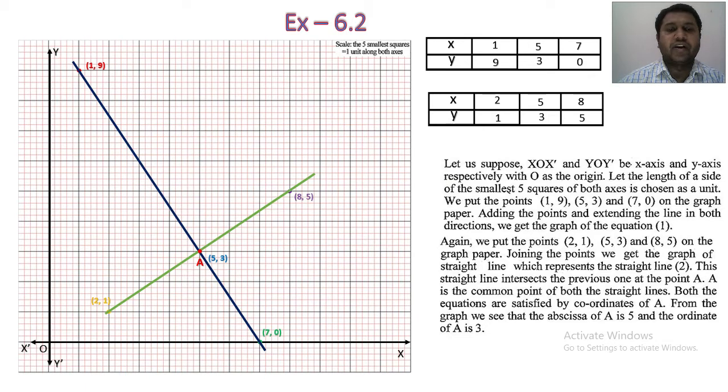So what is the coordinate of A? You can see here 5, 3. That is the common point of the two straight lines or the two equations. So from that we can say the abscissa of A is 5 and the ordinate of A is 3. So the solution is x, y equal to 5, 3 and that is our answer. So I think you understand clearly. Inshallah, in the next math I'm just going to show a similar math.